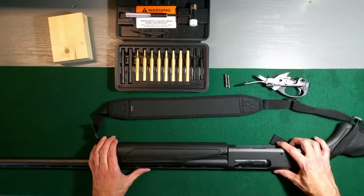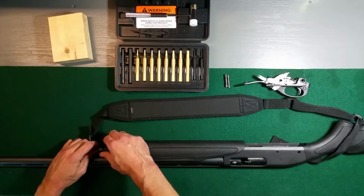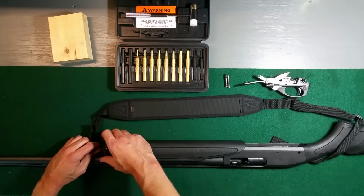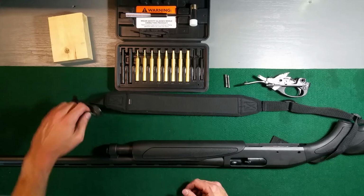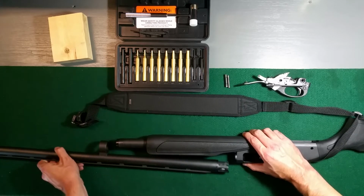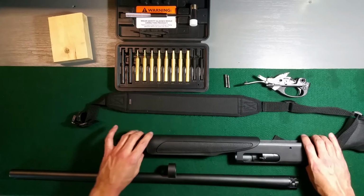Now, you want to move your forearm down about halfway and disconnect your magazine tube cover. Okay, this is all that's holding the barrel on. Once you've disconnected that, you can pull your barrel right off very easily. Okay. To get your forearm off,